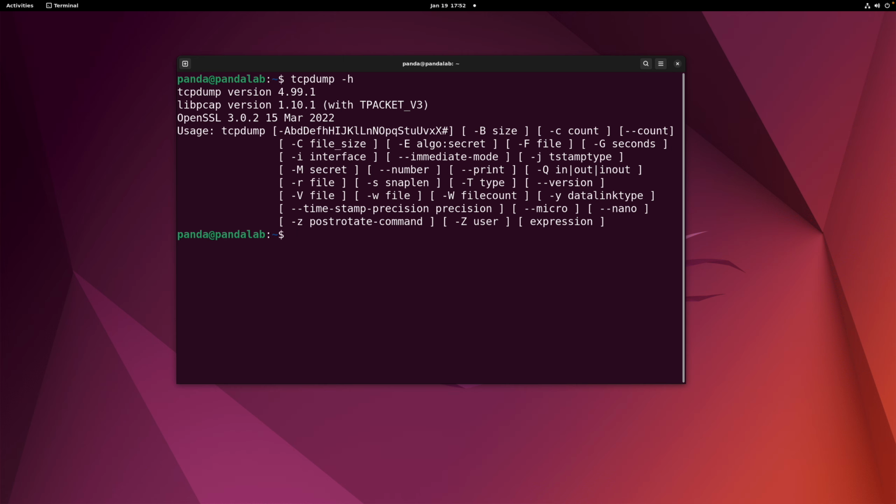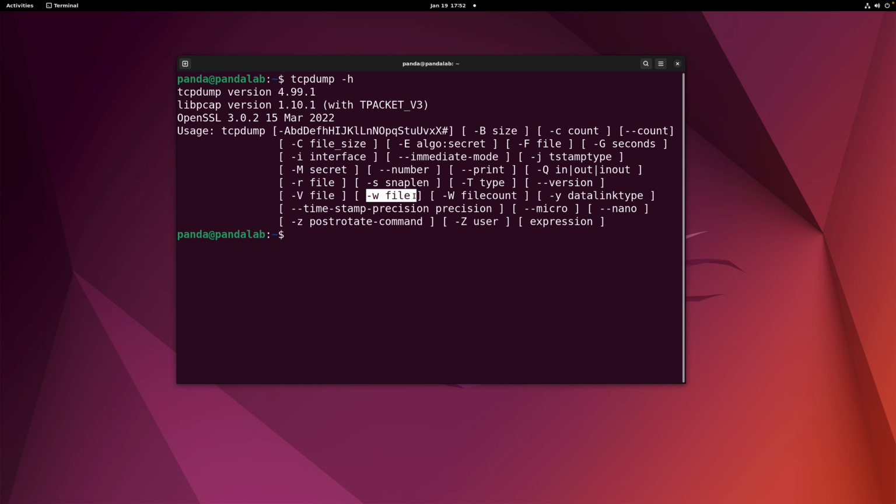We are going to use the -i parameter, so we can specify the interface that we're going to use to collect packets on. And then we are going to use the -w parameter, so we can write all the packets